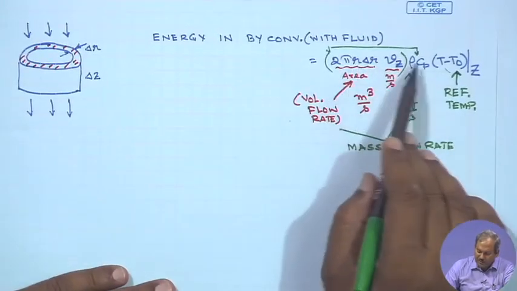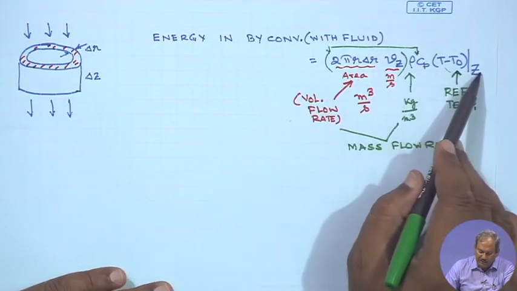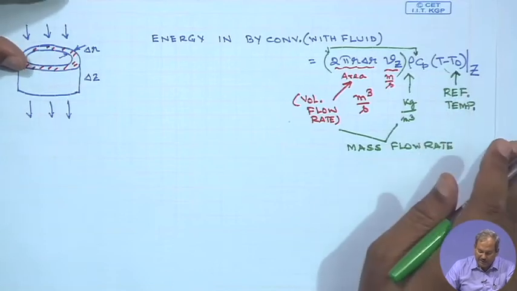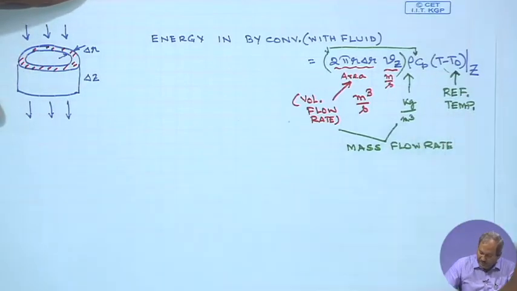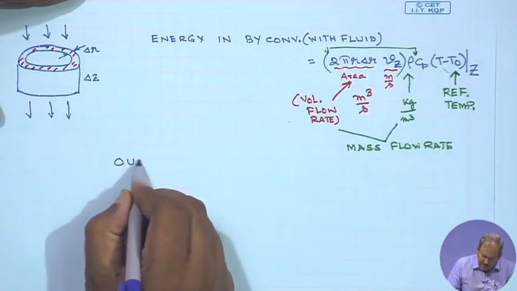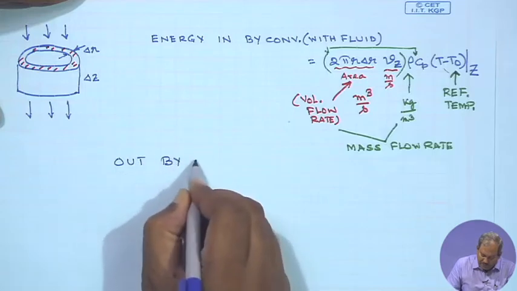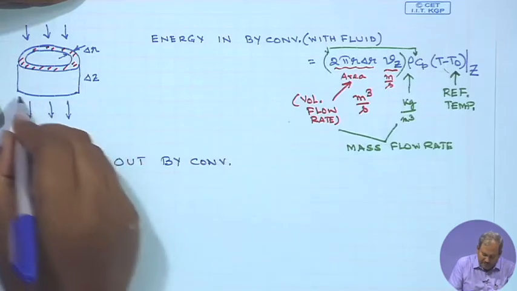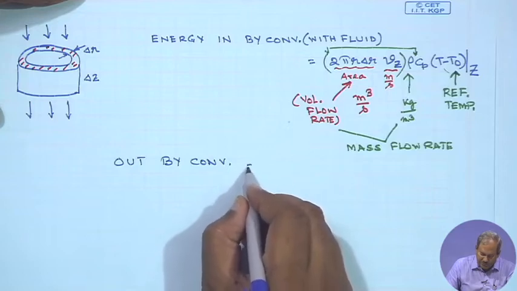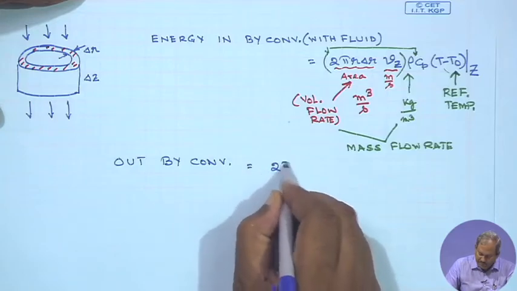So, m dot Cp delta T evaluated at Z is the energy in by convection, and therefore the energy out by convection, which is at this point, would be simply